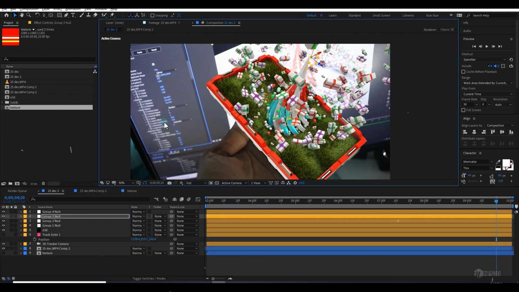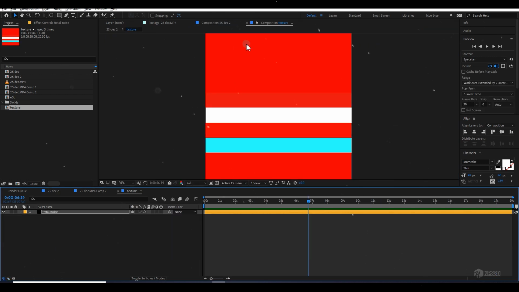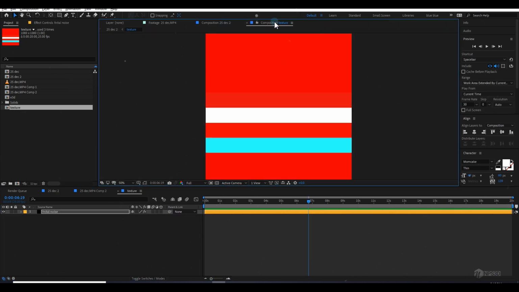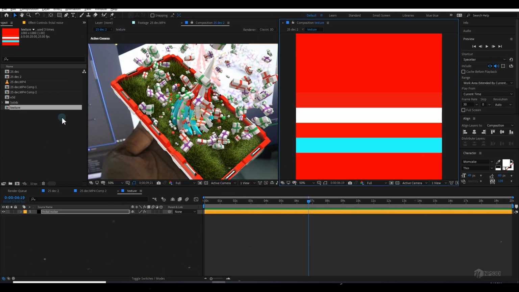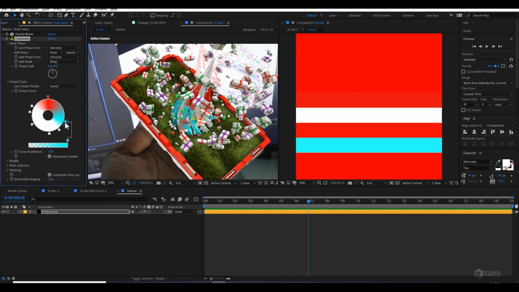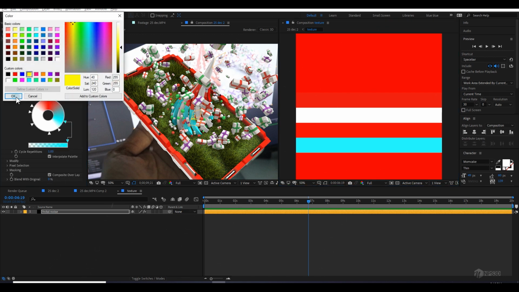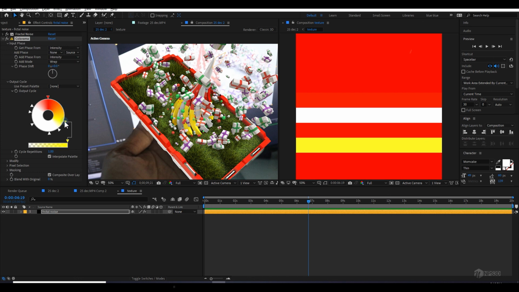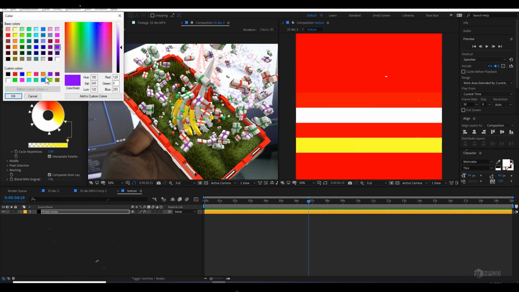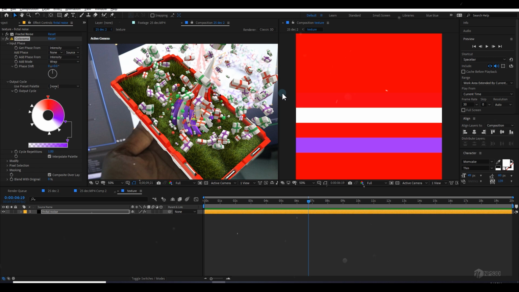And you can also lock it here and go to the texture and make it here, and you can change it to anything and check it in real time. So let's suppose I want this one. This looks good. What do you think?